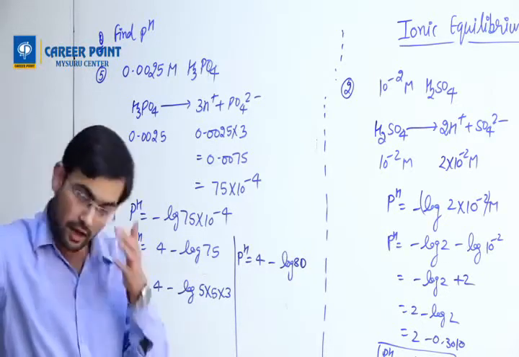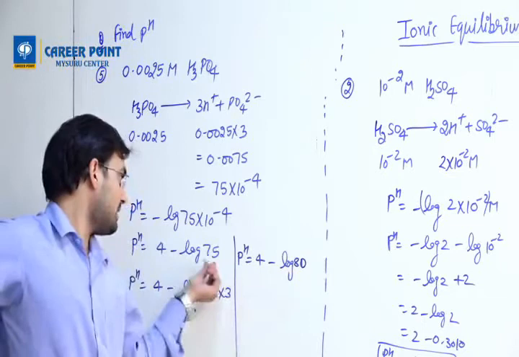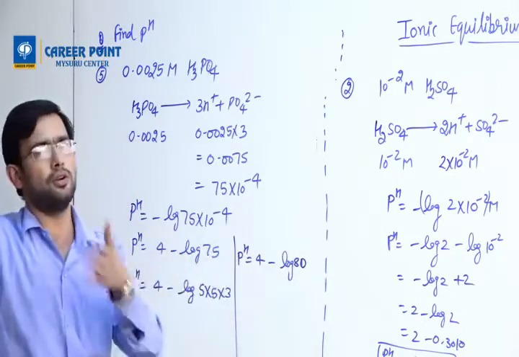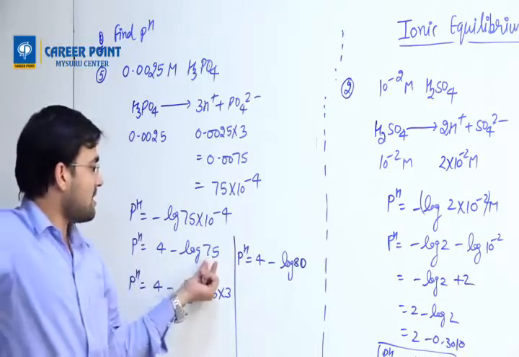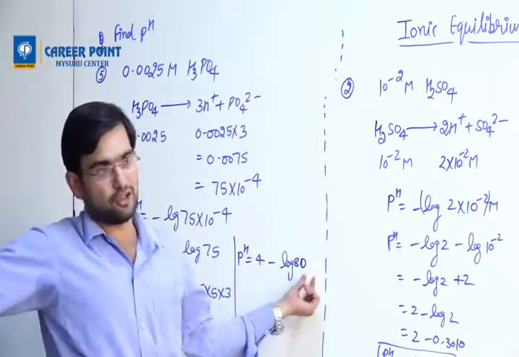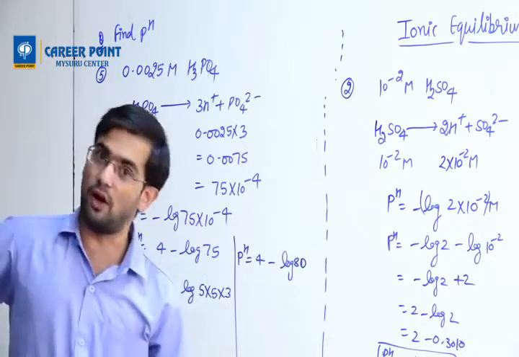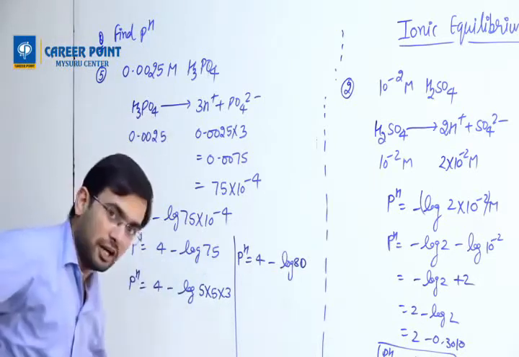Understand now? How do we solve? Inside this we can do rounding off. This is called rounding off. In chemistry we can do it, don't do it in mathematics. In chemistry I can make 75 into log 80 also, because there is a difference of only 5, which will save my time. If you have a lot of time, you do it properly.